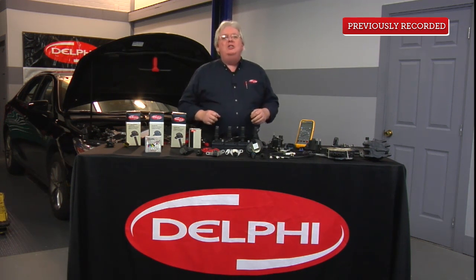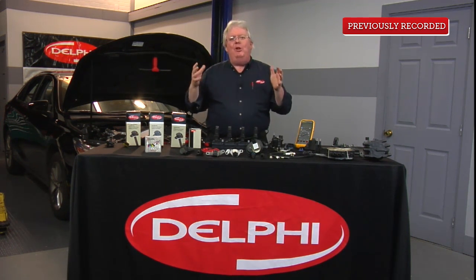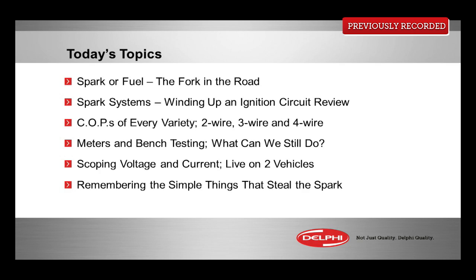Let's get started about what we're going to be going through in the next hour. Jam-packed information for every level of diagnostics, wherever you are in your role of doing drivability. We're going to talk about the fork in the road briefly, air and fuel, determining if I have a coil-on-plug issue or some other issue. We'll do a little quick review of Ignition 101 so we can bring what we know from ignition coils to the present day 2, 3, and 4 wire coil-on-plug systems. We'll go into the bench testing of what we can and cannot do depending on the type of coil-on-plug design,